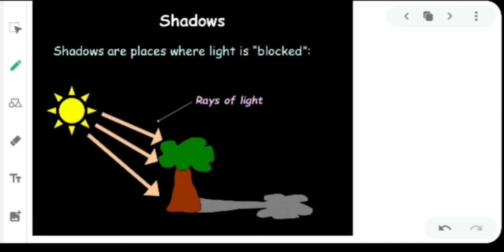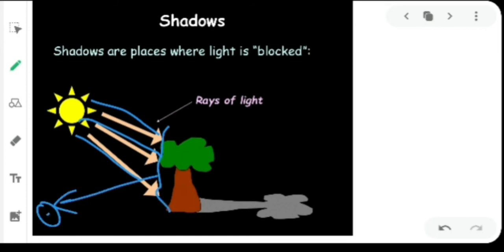Now when the light rays fall, there are some barriers. Suppose the light rays coming from the sun fall on any object. When they fall on the object, these rays of light produce their image in our eyes after reflecting over here. Suppose this is our eye, we are watching it. But these light rays are completely reflected from over here only.